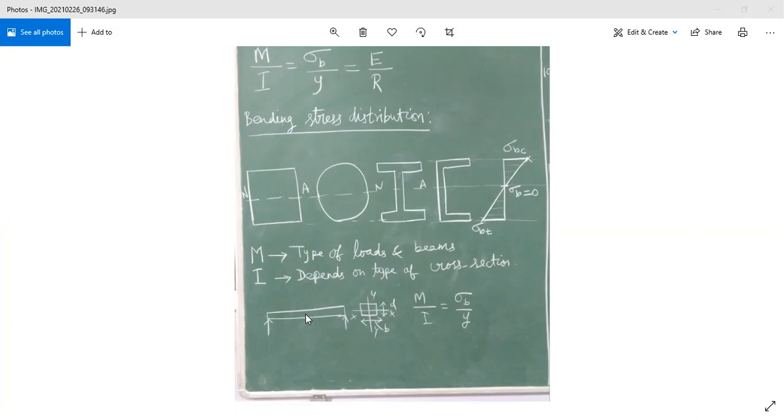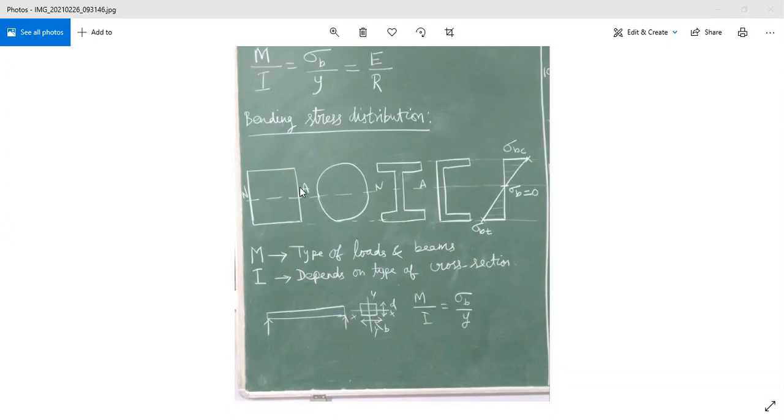Now here I have taken a simply supported beam having a rectangle section, width is b and depth is d, and the expression is M by I is equal to sigma b by y. So remember, throughout the solid mechanics course, we assume that our load is acting along the y-axis, and the beam bending moment is produced about the x-axis. So this expression is nothing but Mx by Ixx, but we are not writing that suffix. It is understood. For a rectangle section, I is nothing but bd cube by 12. For a circular section, pi d power 4 by 64, like that.